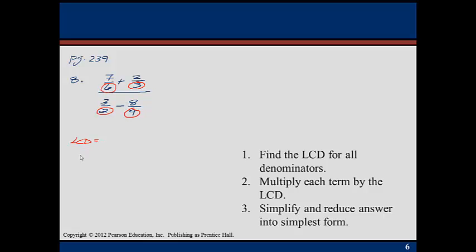Remember, you're going to start by writing the factors of all denominators. So we're going to work through the LCD for this one. So the factors of 6 will be 2 times 3. The factors of 3 would just be 3. The factors of 2 is 2. And then the factors of 9, 3 times 3. And then begin your LCD